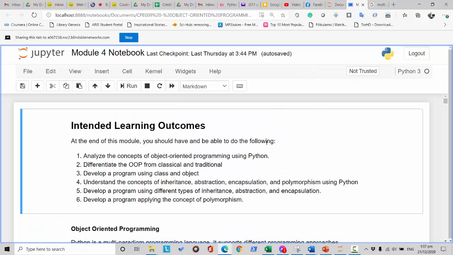Okay, let's start with our module number 4. This is the intended learning outcomes. At the end of this module, you should have and be able to do the following. Number 1, analyze the concepts of object-oriented programming using Python and differentiate the OOP or object-oriented programming from classical and